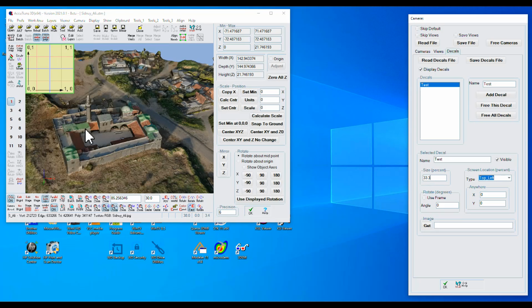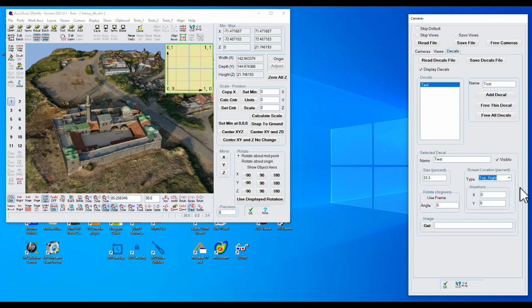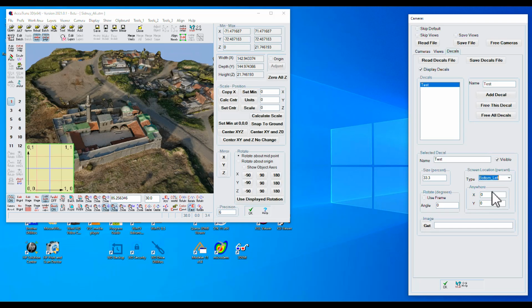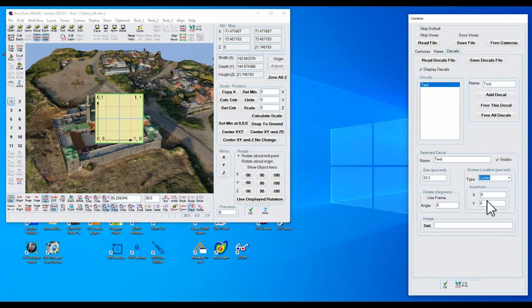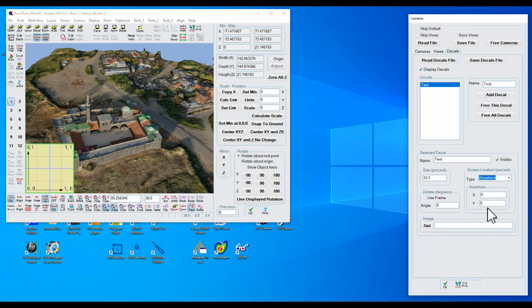Then to position the decal around the screen, we have this combo box, and it's put the decal in the top left corner. We could put it in the top right corner. We can put it on the bottom left corner, and we can put it on the bottom right corner, and also in the very center of the image. Now there is one more, and this is Anywhere, which means that we can set the decal anywhere we want it to be. And by default, it starts off in the lower